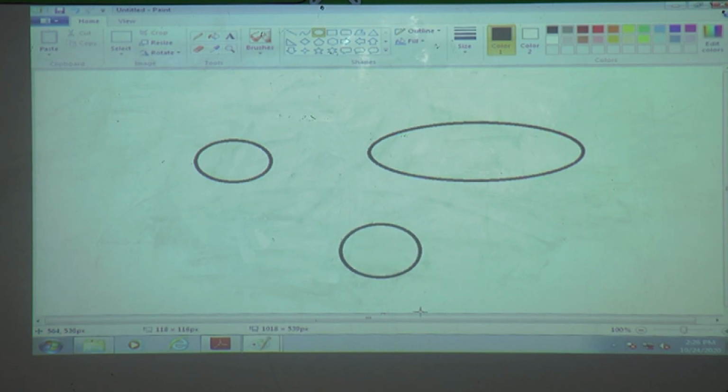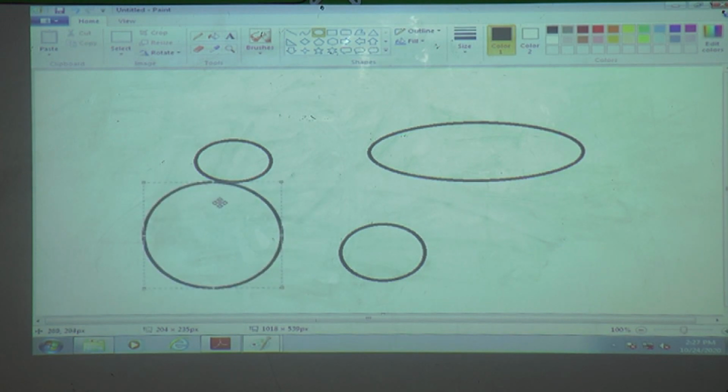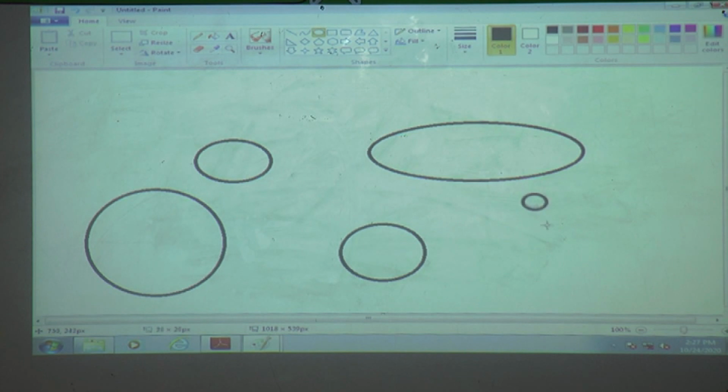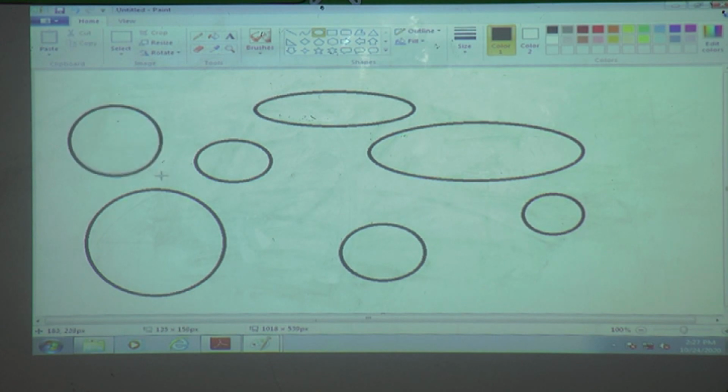And if you want to draw a perfect circle, then press the shift key on the keyboard, and you can see the difference between these two circles, without pressing the shift key and with pressing the shift key. We will draw one more time. Press the shift key and then press and hold the mouse at a time, two steps. Without pressing the shift key. Clear?